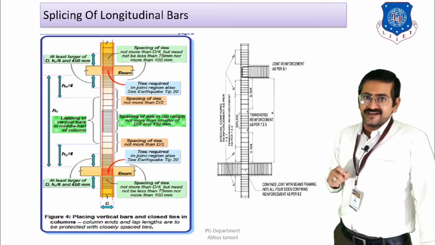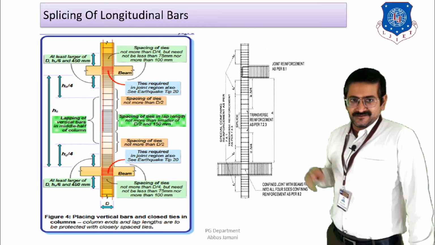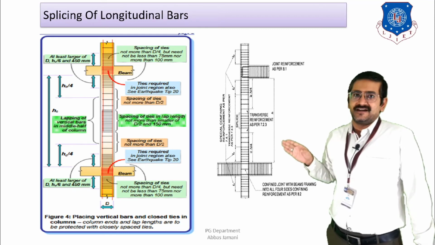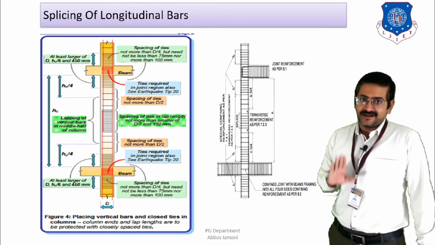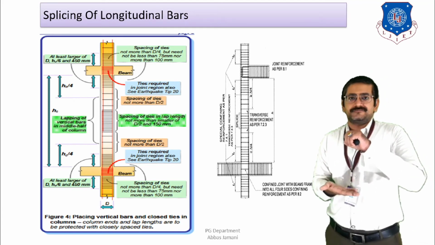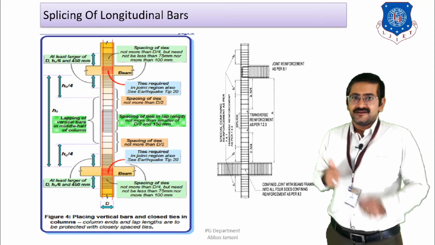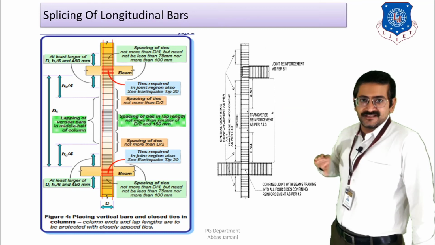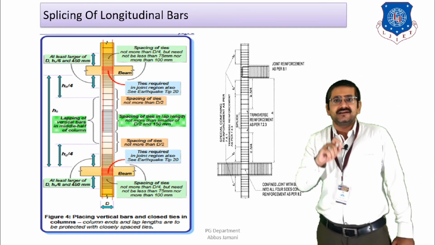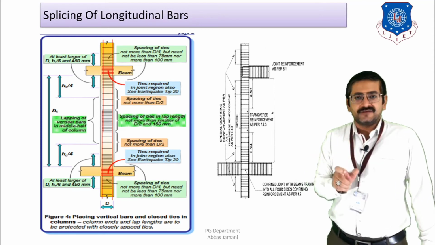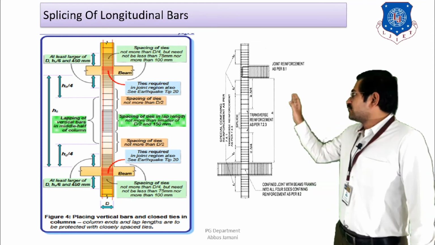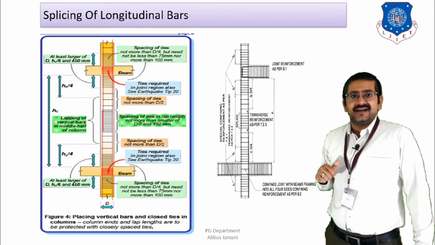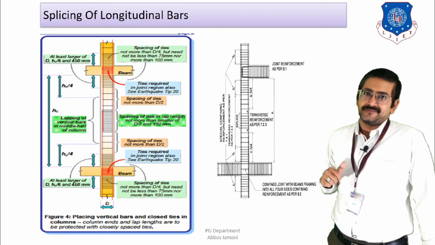So what the code is saying is that whenever the splicing of bars is done, the spacing of closed stirrup, that is the transverse reinforcement, should not be less than d by 2 or 100 mm, whichever is less. That is, in the portion of the splicing of bars, the stirrup should be closely spaced, right? Then once the splicing region is over, from that portion onwards to HC by 4, as you can see in the figure, the spacing of closed stirrup should be d by 2. That is, d is the dimension of the column divided by 2. And if you look at the portion above the beam column joint and below the beam column joint, that particular portion is known as the zone of special confinement reinforcement.